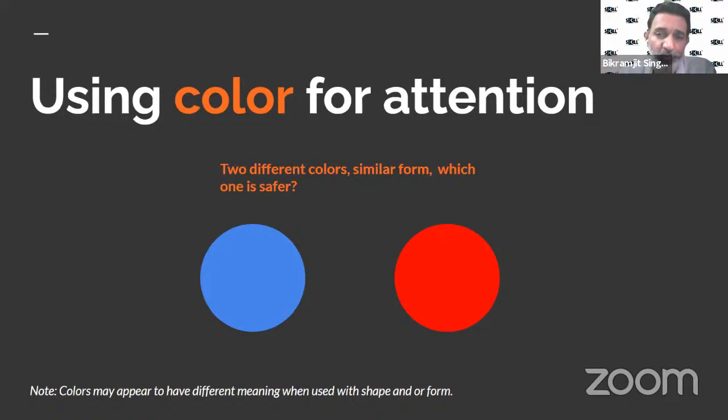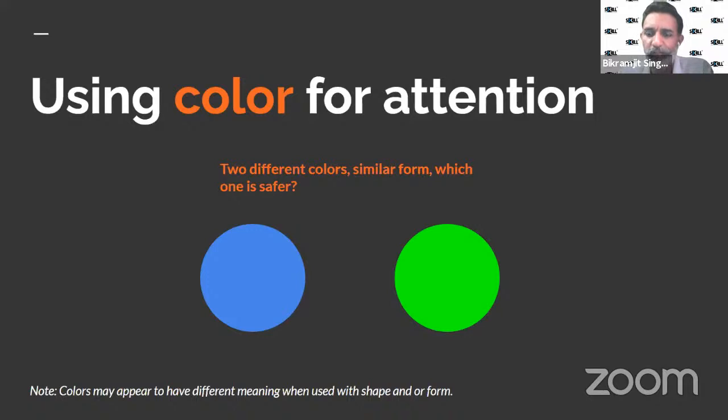See, the form is the same. Just by changing the color, see how it is changing the meaning of it. So you have to very carefully combine all these elements and render your assignment. Let's check out another slide, and I've kept the form same, but I've changed the color.